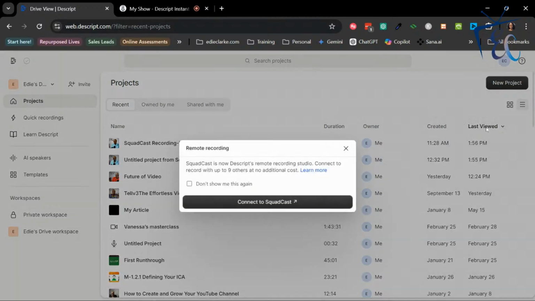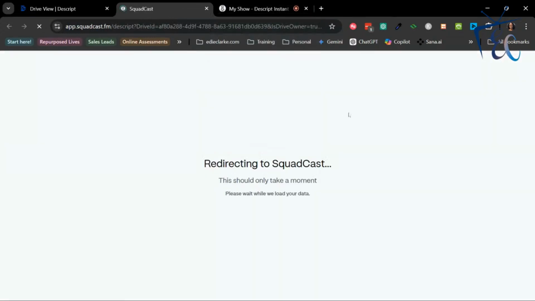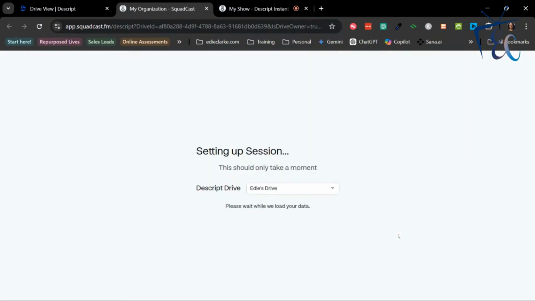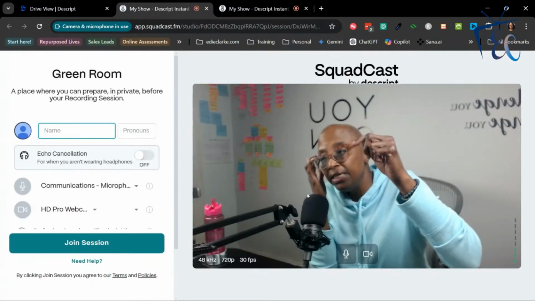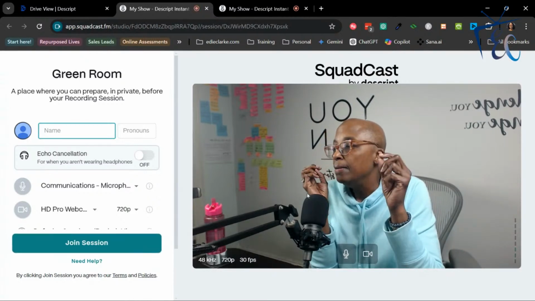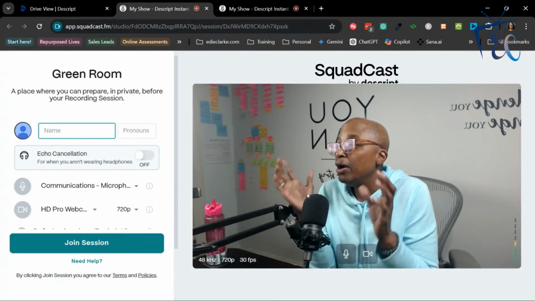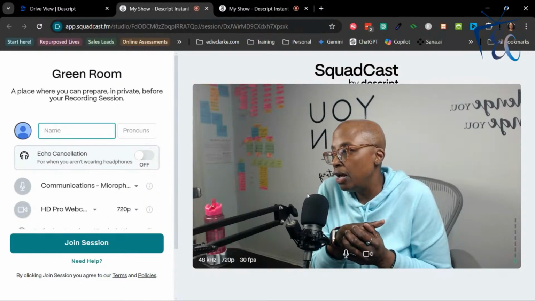And this is the one that when you click on it, you see here, you have to get connected to Squadcast. In order for you to connect, you just have to click on that. I already have it opened here, but I'm just going to go through this process so that you can see what it does. It immediately identified my drive where I save all of my videos